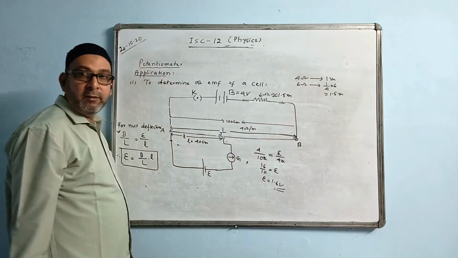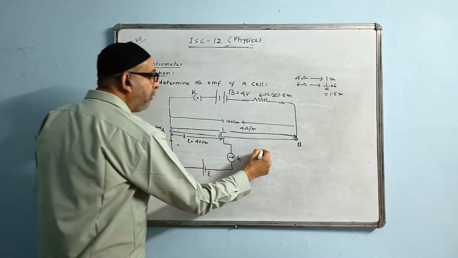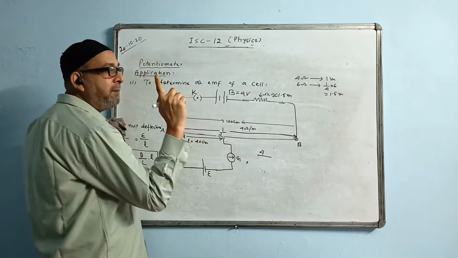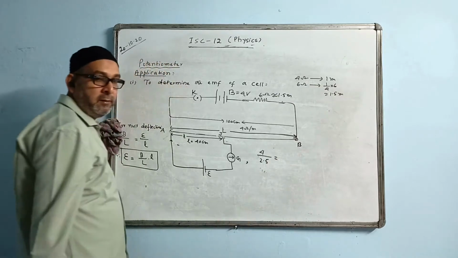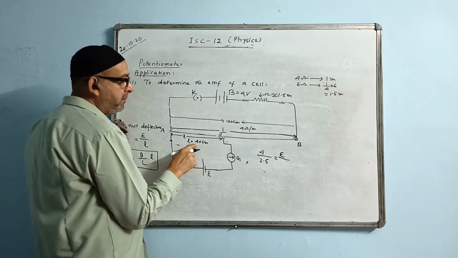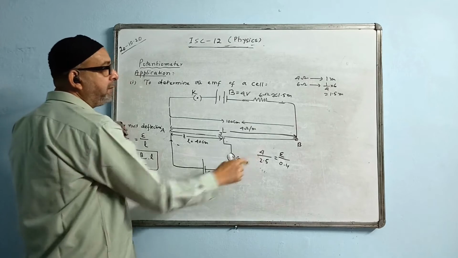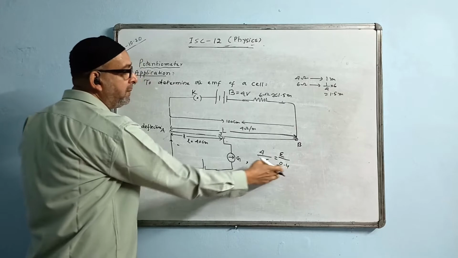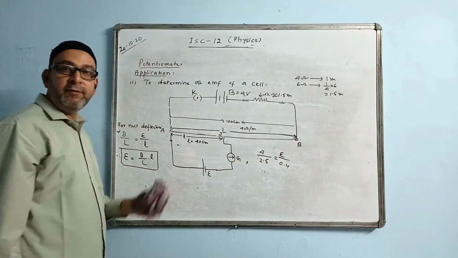Unitary method calculation. Now, how to find the value of EMF in that case? We will write 4 divided by the total length. The total length is 100 centimeter, that is 1 meter, plus 1.5, so you can add to get 2.5 meter. And here we write E divided by 40 centimeter, which we change to 0.4 meter, because I kept this in meter. Either in meter or in centimeter you can keep. If this is centimeter, this also will be centimeter. If this is meter, this also will be meter. Now you can do cross multiplication and find the value of EMF of the cell.